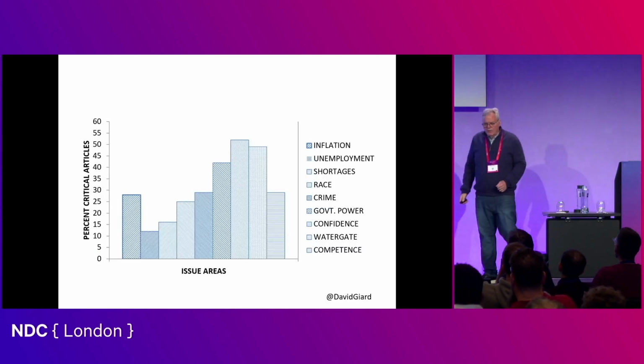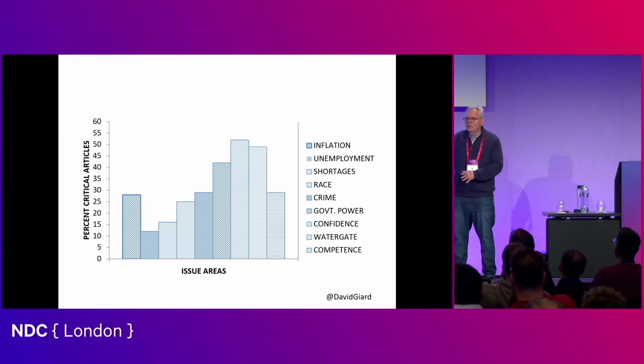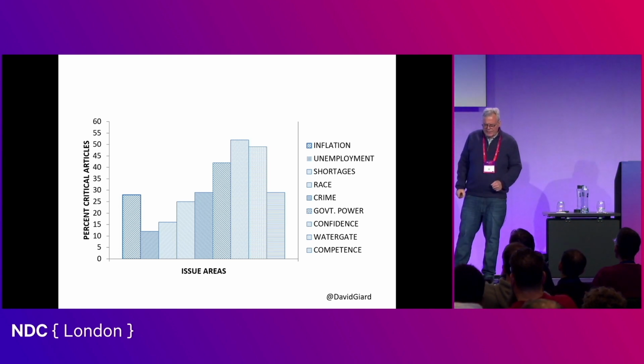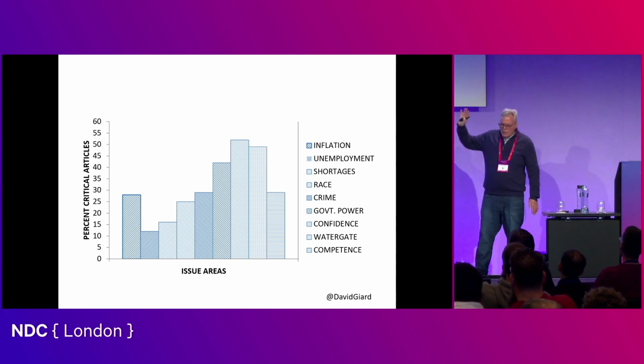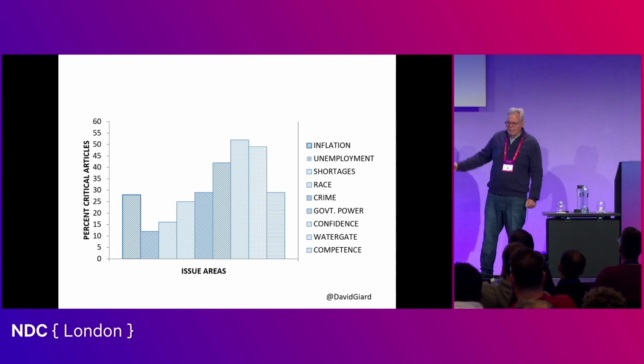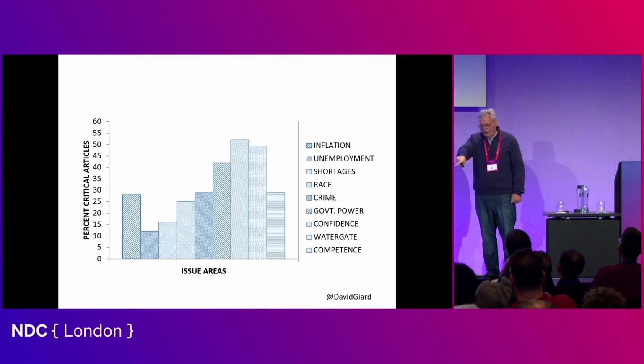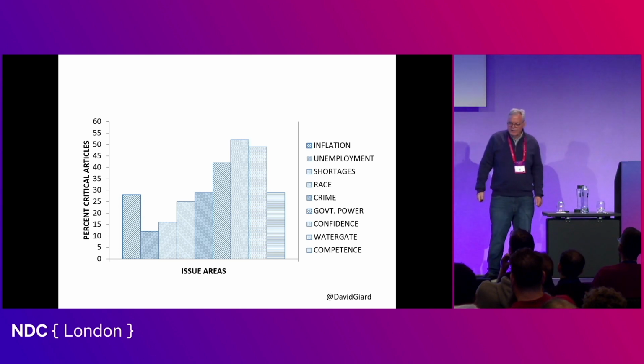Oh, here's one. I created this from some newspaper article data. I think it's from 1972 in the U.S. These are the number of articles printed about different topics in the U.S. Inflation, unemployment, shortages. The reason I think it's 1972 is Watergate was a big political scandal 50 years ago